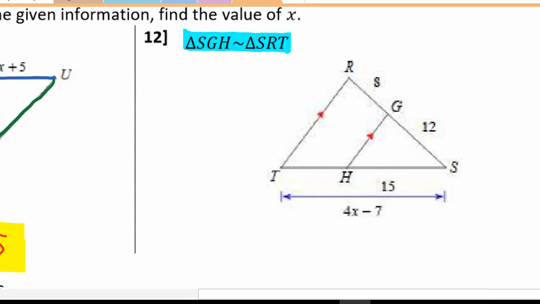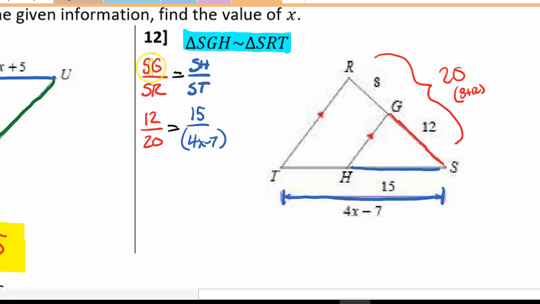Question number 12, same idea. We are given 2 triangles are similar, meaning we know that the sides are proportional and the angles are congruent. So I should be able to set up a proportion between the side lengths. Note here that we have 2 overlapping triangles. So SG should be proportional to SR, first two letters, and SH should be proportional to ST, first and third, giving us the proportion SG over SR, 12 over 20. Notice this whole length is 20, 8 plus 12 gives us 20, is equal to SH over ST, 15 over